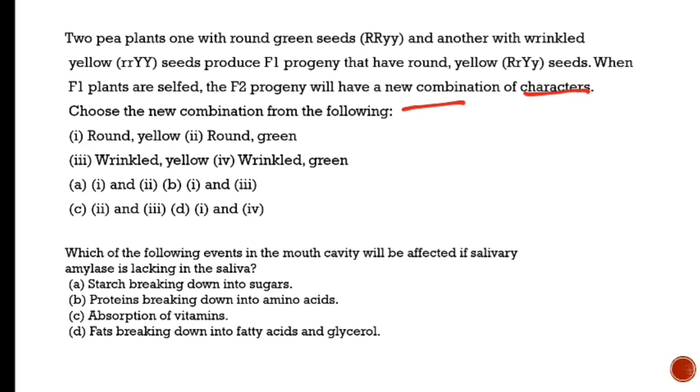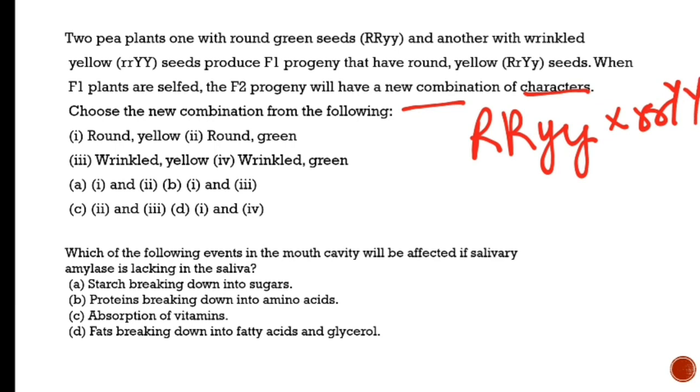You have to read this question thoroughly to understand that they have given you 2 pea plants, one with round and green, and the other having wrinkled yellow. When you cross these two, the product that you receive in the F1 generation is